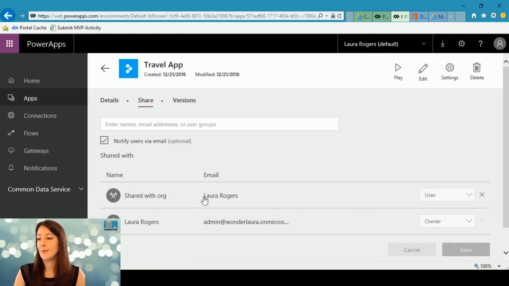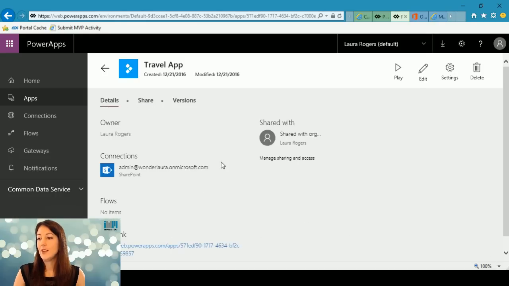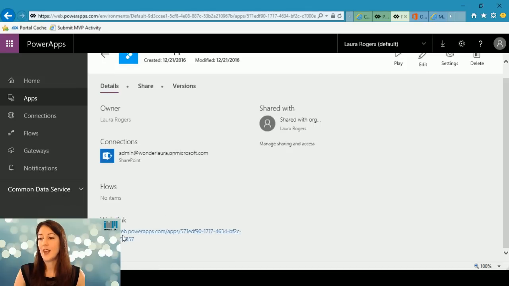So the whole shared with org is user, and then Laura Rogers is the owner of the app. But then something important right here is the fact that it's got a web link when you're looking at the details of it. So as far as end users using this Power App and filling it out, you could always just grab this web link and use that maybe in a promoted links list on your site or somewhere easy and obvious that they can click on to say fill out a travel request or whatever they're going to do,